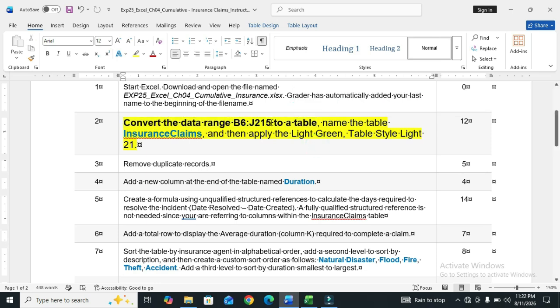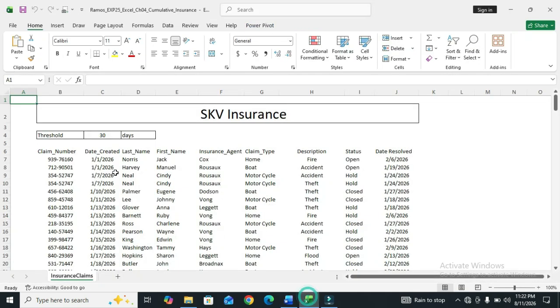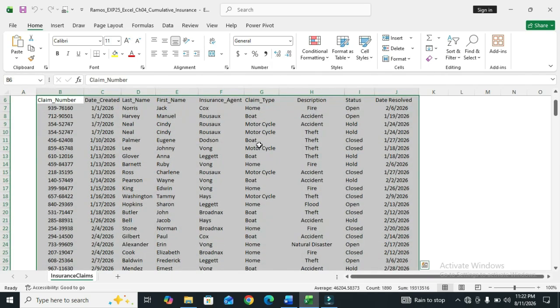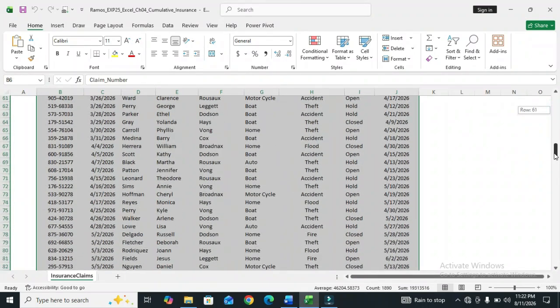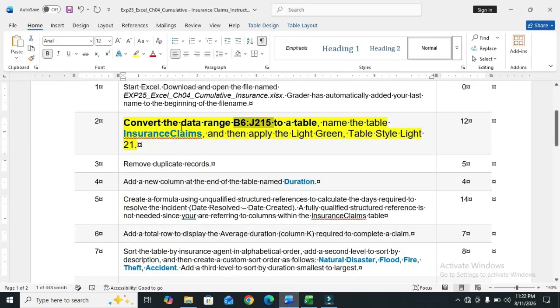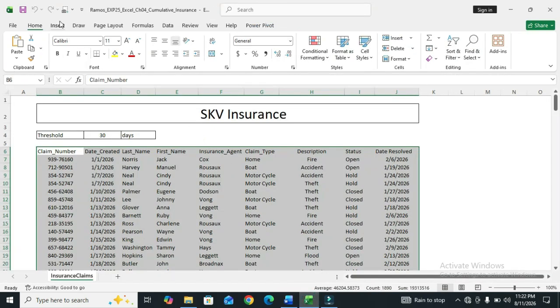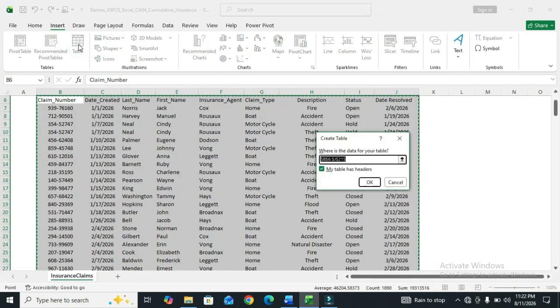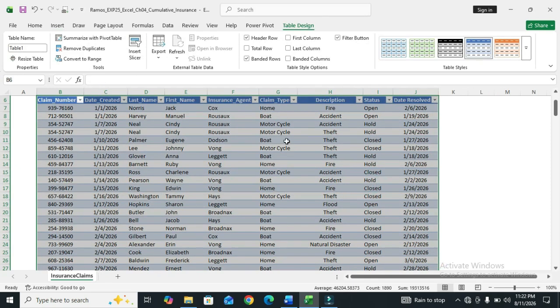First we copy the range from the description, go to the Excel file and simply paste it and press enter. All the range is selected automatically. Go to the Insert tab and click on Table and simply click OK. So the table is created.